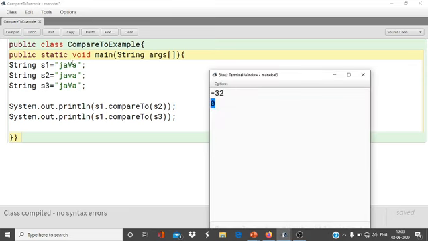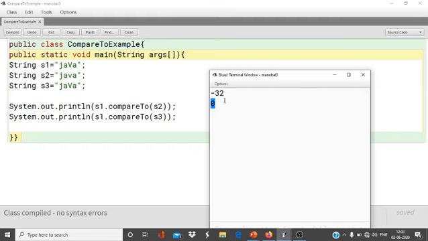See, the ASCII code of capital V is always less than the ASCII code of a small letter, because the small letter a starts from 97 and capital A starts from 65. So in the case of V also it will be like that.